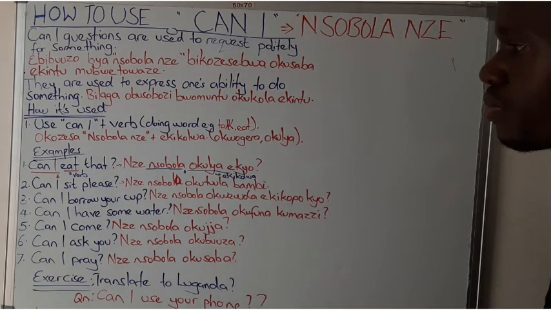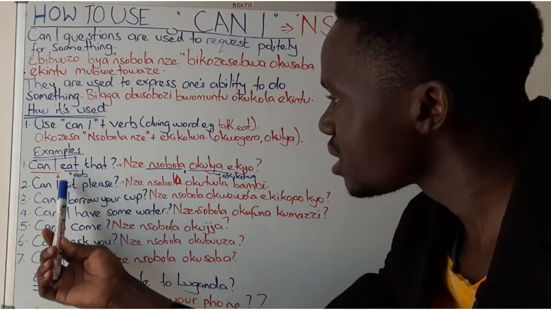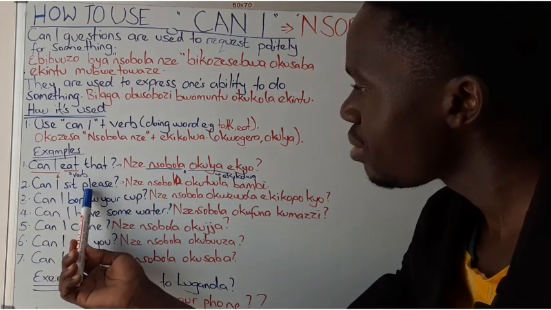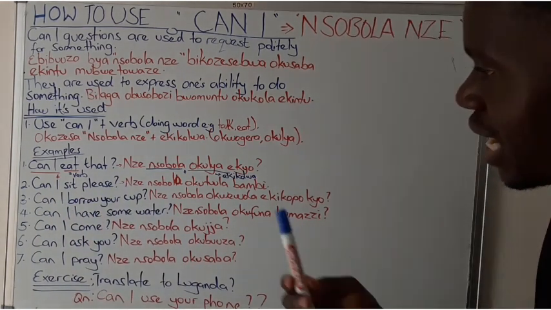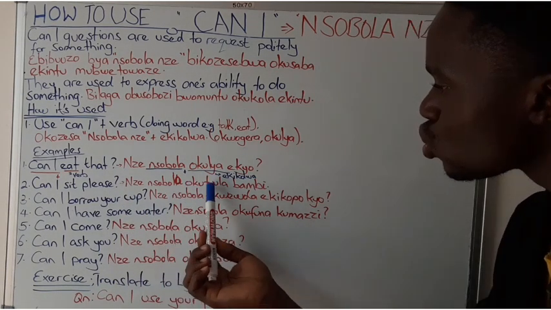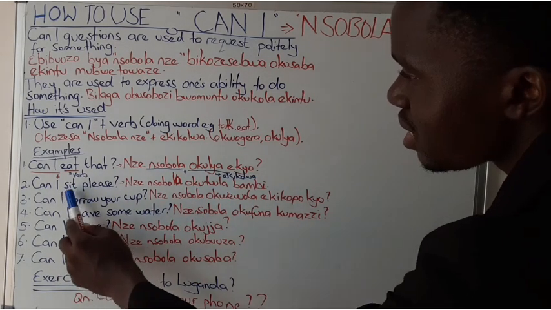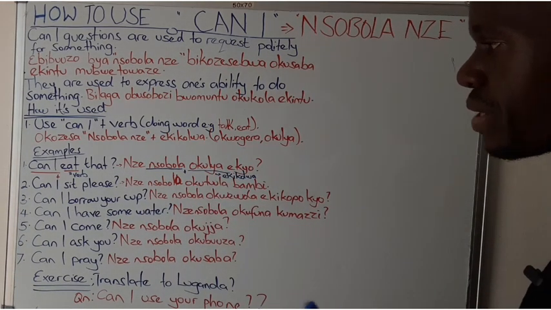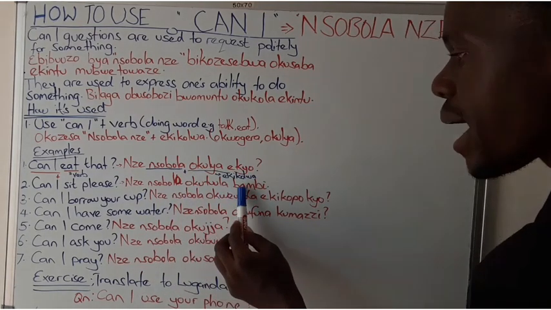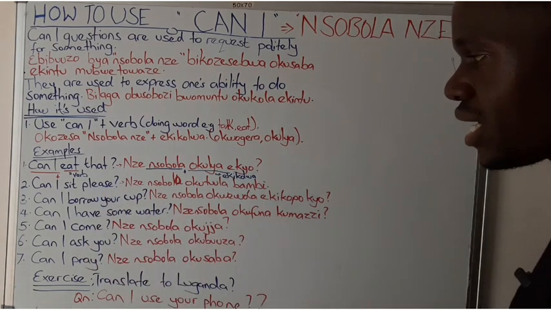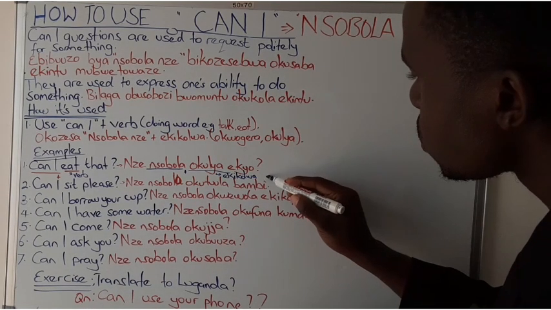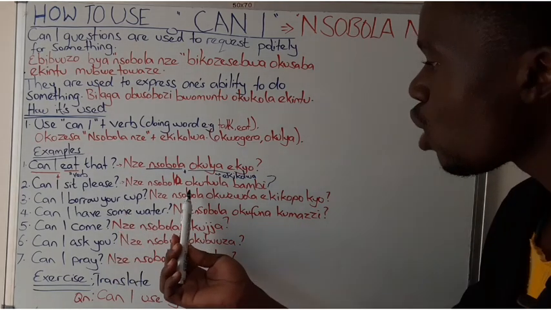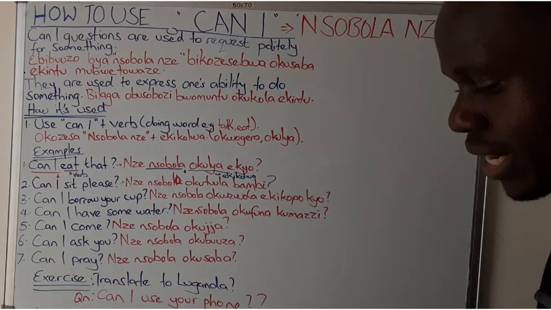Okay, let's go to example 2. Can I sit? So this is the verb. Can I sit, please? It's a question. And in Luganda, it's nze nsobola okutuula. So sit is okutuula, implying that sit is the verb here, and okutuula kyekigambo kyekikolwa nga we tulabye waggulu enkozesa ya can I. So nze nsobola okutuula bambi, because of please. Hope we are together. Plus a question mark at the end, because this is a question. You add a question mark since you're asking in a polite way. Nze nsobola okutuula bambi. Hope you understand.